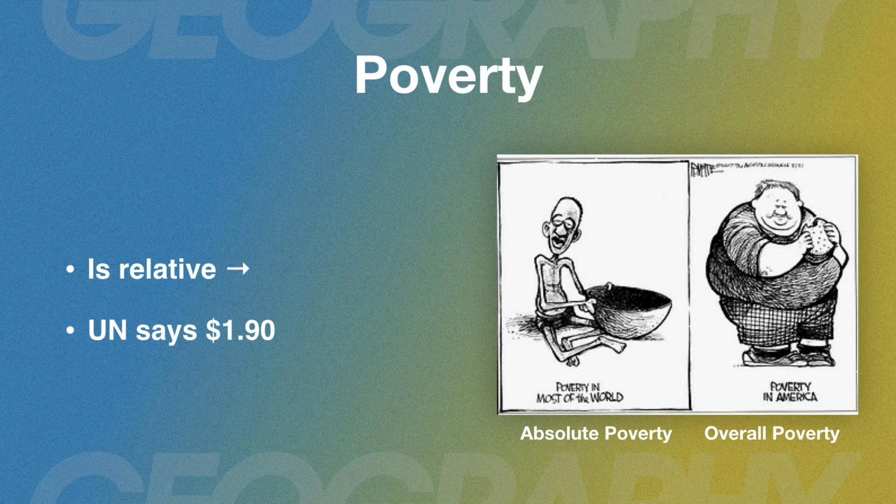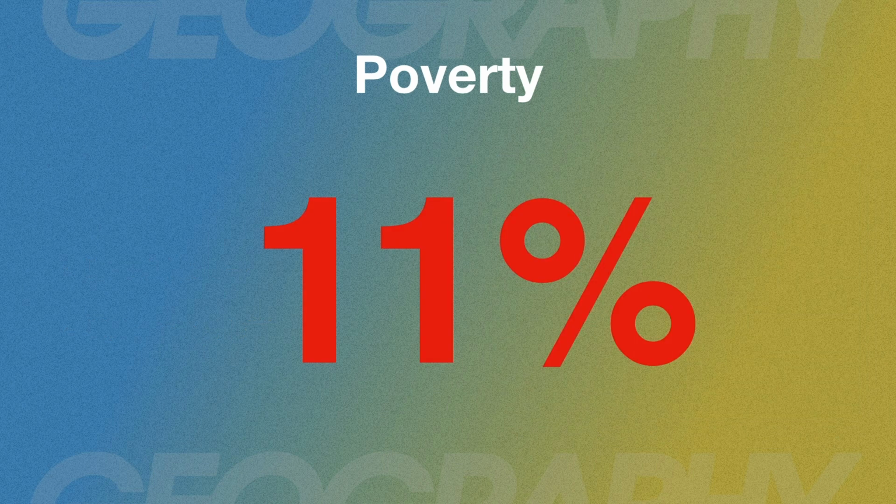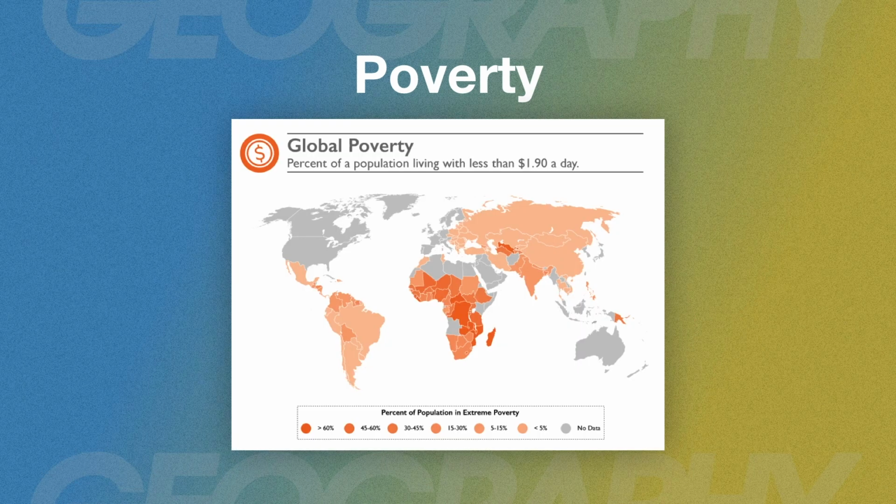Now, poverty very much is a relative term, but the UN likes to say it's about $1.90 per day. And this has had to change due to things like inflation or purchasing power parity. Today, about 11% of the world population lives in poverty. That's 700 million people. And if you look at the map here, most of that is in sub-Saharan Africa and Southeast Asia. In fact,